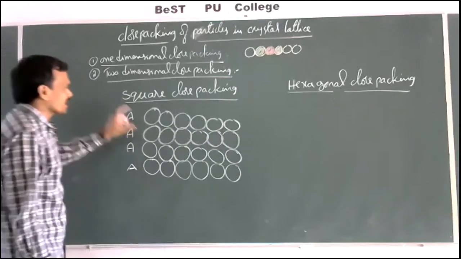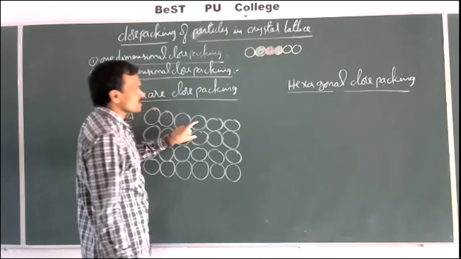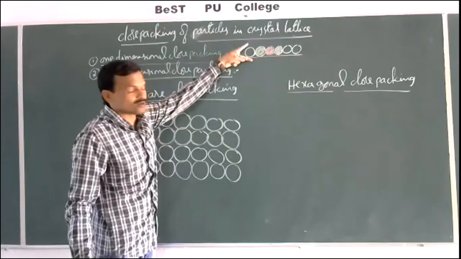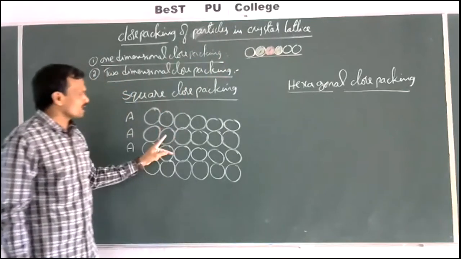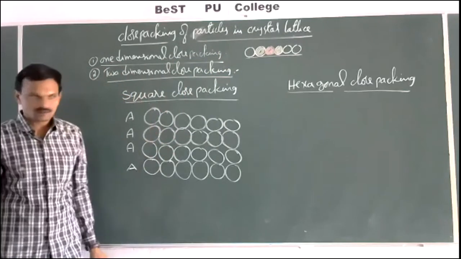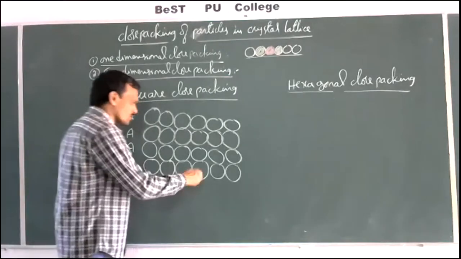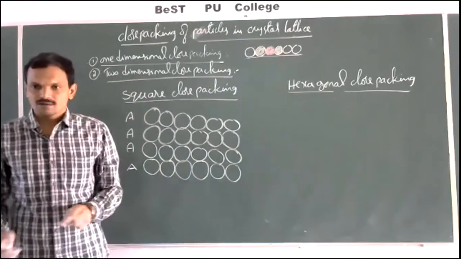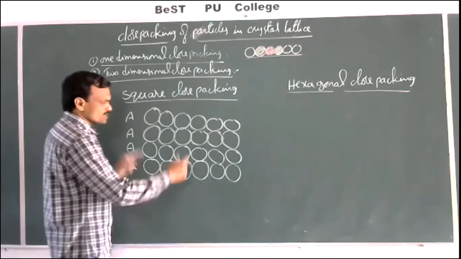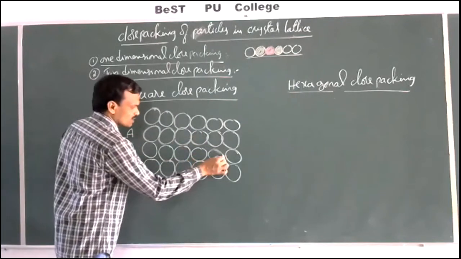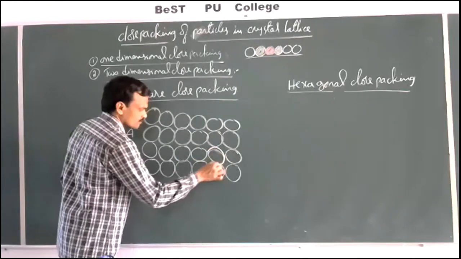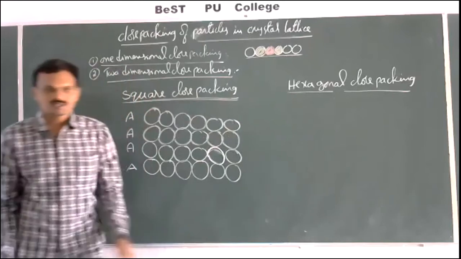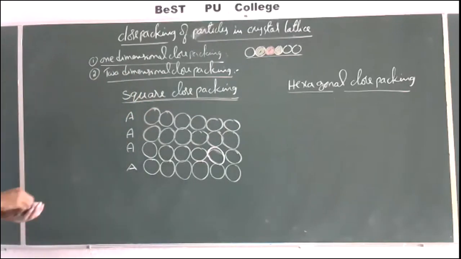So here we are getting a two-dimensional close packing. This is just one-dimensional close packing. From this one-dimensional close packing, we got a two-dimensional close packing by arranging these rows in such a way that the same row gets repeated. Exactly, by touching the first row, you have placed a second row, the second row touches the third row, and so on like this. So this is called a square close packing. Then why is this called square close packing?